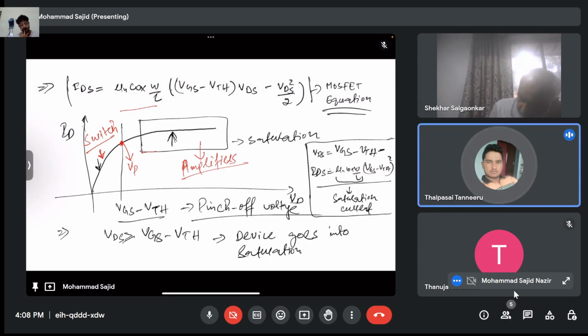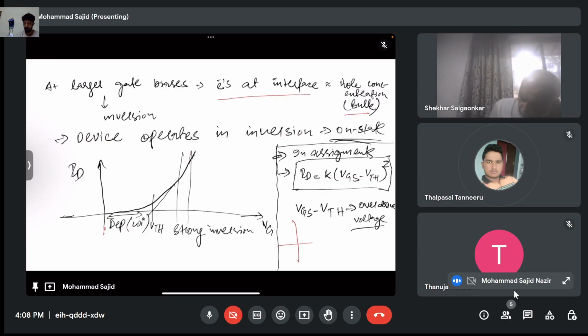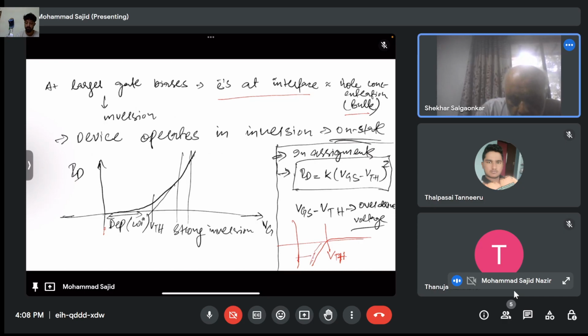Sir, could you please talk about the sub-threshold region also, sir? Subthreshold we usually say in IDVG characteristics. So you have this device, you see that behavior in log scale. Subthreshold means the below VTH region when the current is very low. That is mostly important for logic applications.